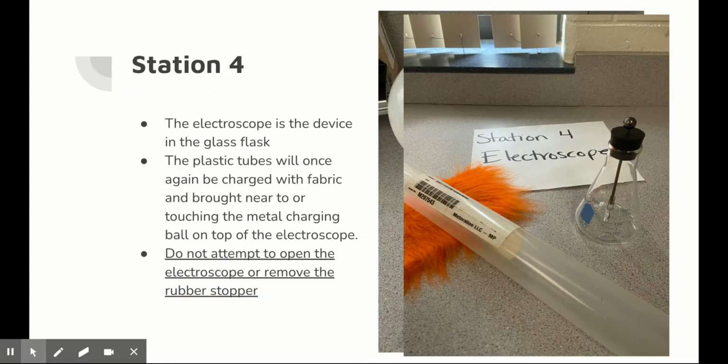Okay, station 4 is the electroscope. You can actually make an electroscope at home. It's pretty cool. If we get a chance to, we'll watch the Bill Nye video where he makes one out of a peanut butter jar. But what we've got is just a glass flask, and there's a metal rod down the middle, and hanging from this, it looks like a swivel from a fishing tackle box. But there are 2 pieces of foil hanging down, and the rod goes up through this stopper, and it ends here with this